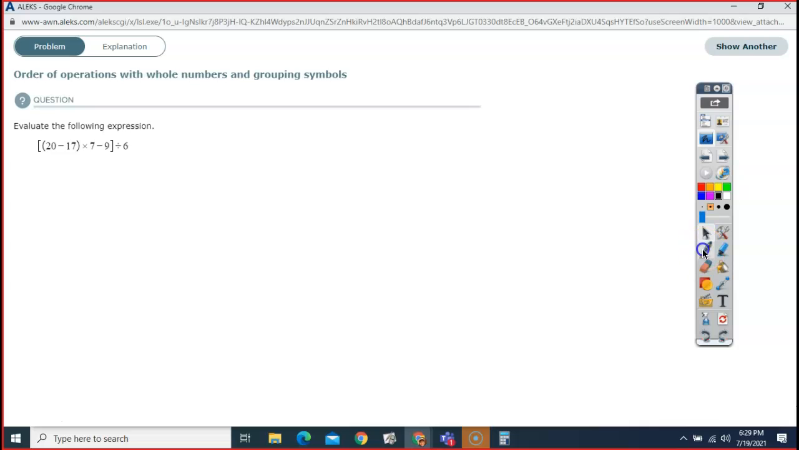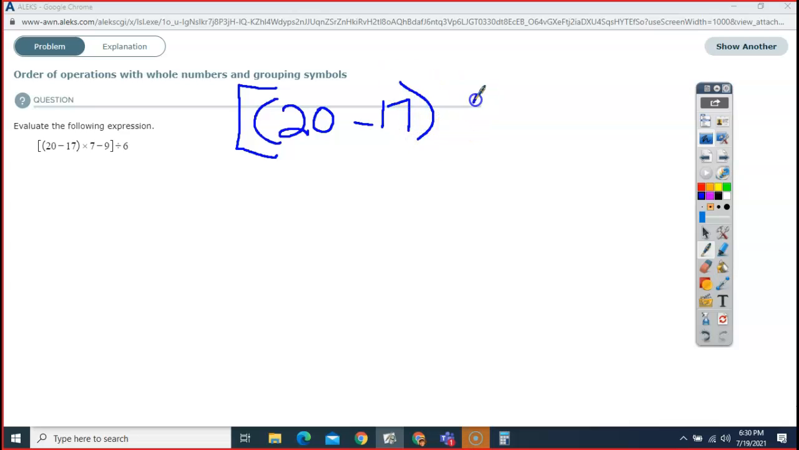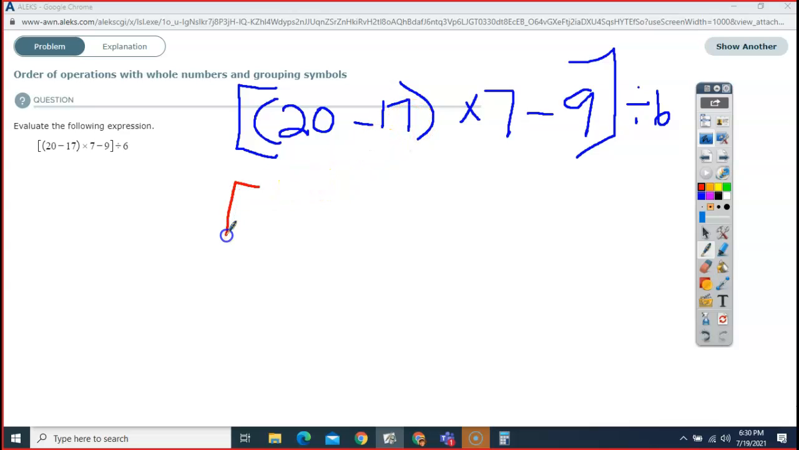Okay, so this is what they have. Even though you see a bracket, that's a type of parenthesis. 20 minus 17 in parentheses, and then times 7 minus 9 in brackets, divided by 6. According to PEMDAS, anything in parentheses goes first. All right, so I need to handle this. 20 minus 17 is 3. So now inside this